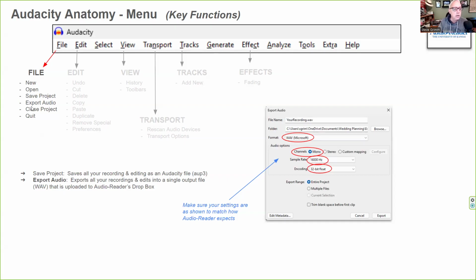That's also here. It takes whatever instructions you've created in the Audacity file, all these clippings and tracks and things like that, and converts it into an actual output file. You guys know them as WAV files, right? And these are the settings you want to make sure you use